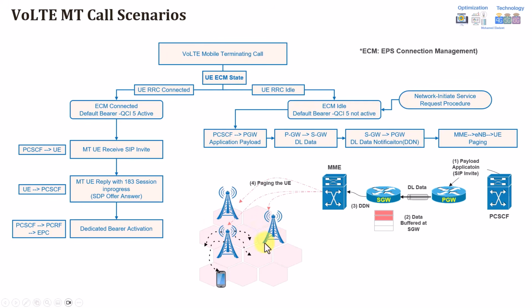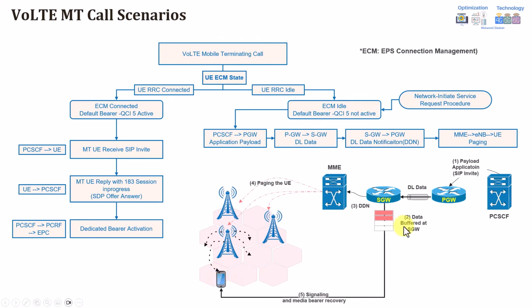the tracking area. For example, assume that you have one tracking area consisting of 10 eNodeBs. So the paging will be forwarded to all of them, and the eNodeB will keep forwarding this paging over the radio until it finds the user. Once the user finds his paging, he will reply, and this will now establish a connection between the serving gateway